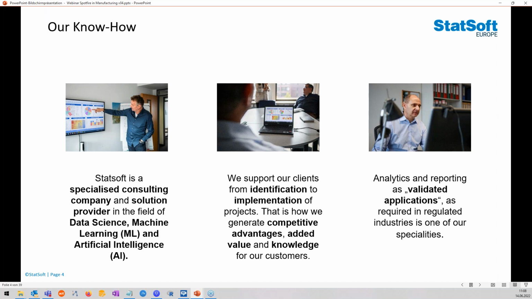Especially, we are focused on analytics in validated industries. I mean, that's one of our specialities, but we also do cover all other industries as well. But having experience in validated application gives us a lot of advantages, even in industries that don't require it.